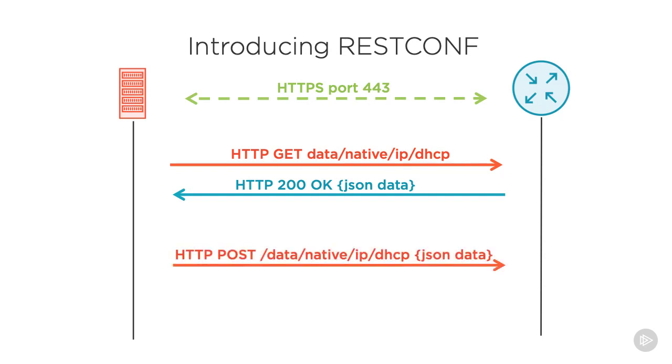Adding a new DHCP pool is accomplished using HTTP POST along with the proper URL and configuration updates to apply. The configuration is carried in the HTTP message body, which is applied to the device upon receipt. Other HTTP operations like PUT, PATCH, and DELETE also work similarly. For example, you might use a PUT operation to replace a piece of configuration. Cisco IOS XE RESTconf devices reply with status code 201, indicating that a new resource was created.